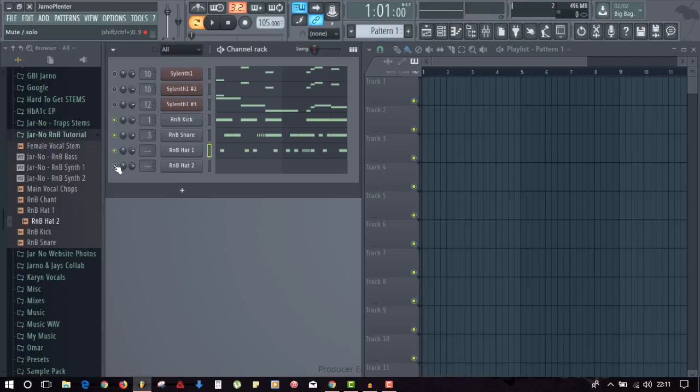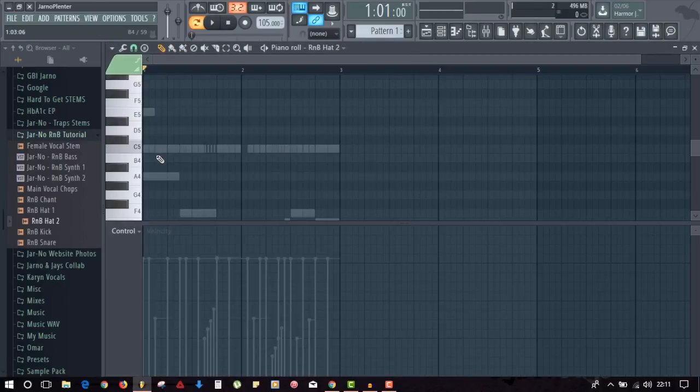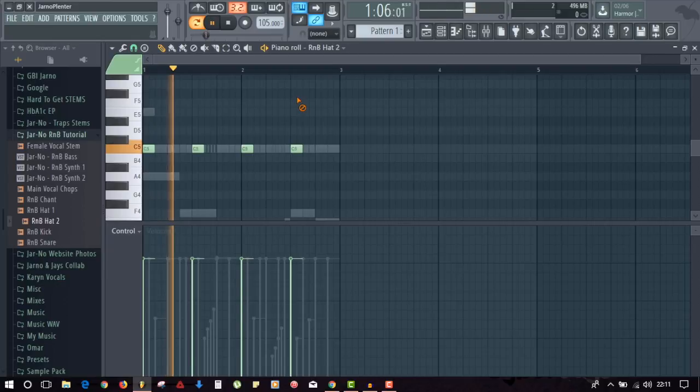Next we're going to add in our second hat, which is a nice open hat. And this is basically just going to be on every fourth that we have. Now sometimes when you load up sounds, they might have the velocity settings from a previous one that you selected. So just make sure that your velocity is always at 100% or wherever you want it for that sound. So if I run a 4x4 on this,